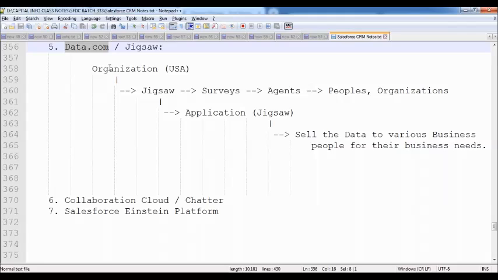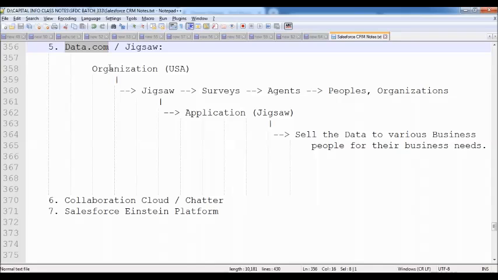Now Data.com is one of the major business areas for Salesforce, so that they are collecting data from various people and various organizations. They are going to sell out this data to the business people for their business needs.